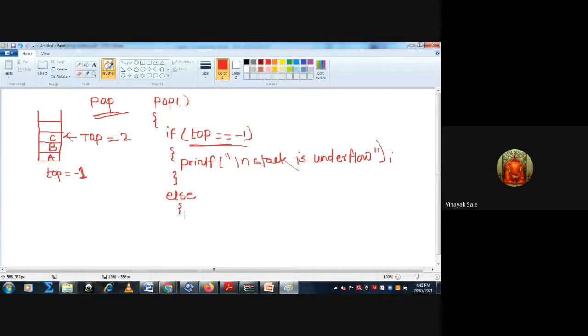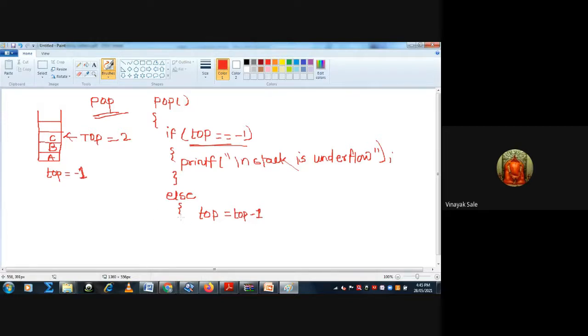You should delete the element, that is, top is decremented by 1, top is equal to top - 1. So top is equal to top - 1, that is, remove the element from the present position.